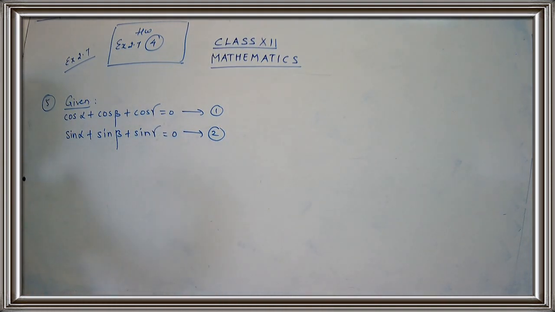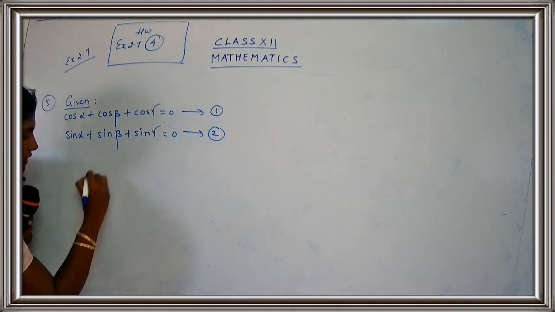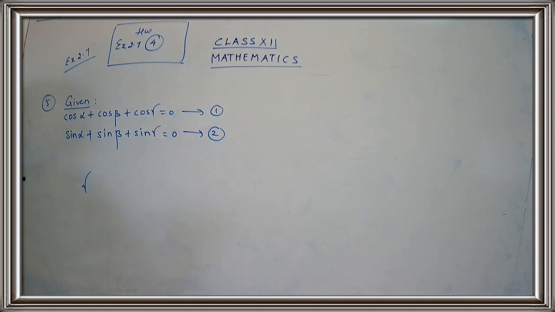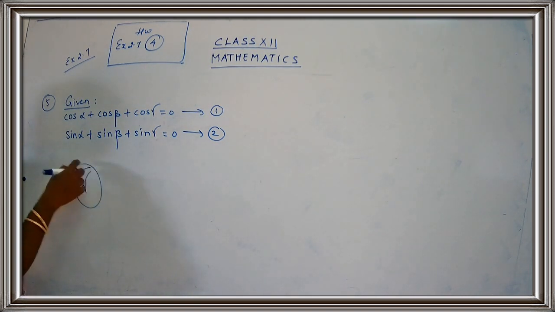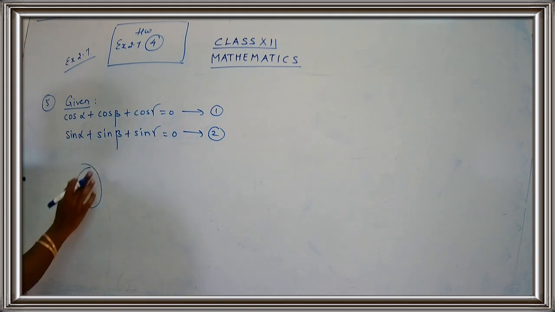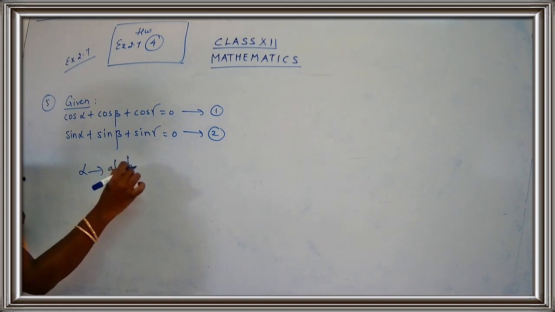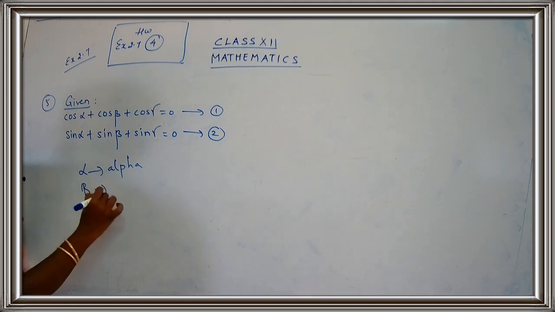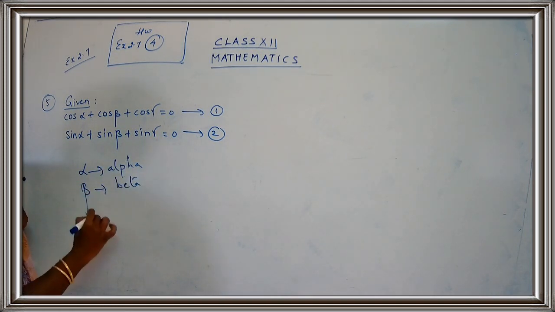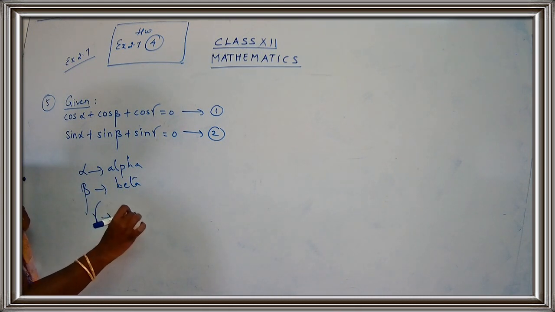Just put like a R, like a crow is flying out. We mostly use this symbol for the birds. When we draw scenery, we use this symbol to represent that birds are flying. Yes, children? So you just use gamma here. So this is alpha, you would have used it in your physics, yes? This is beta and this is gamma.